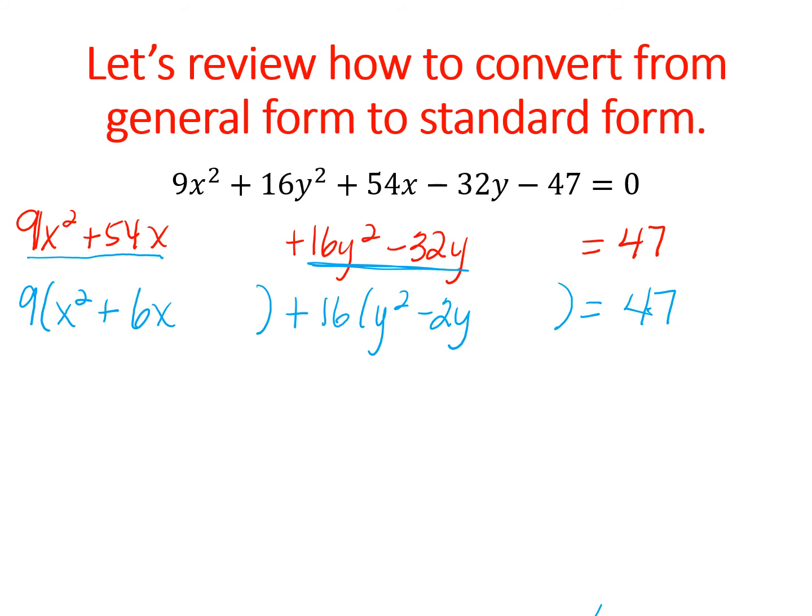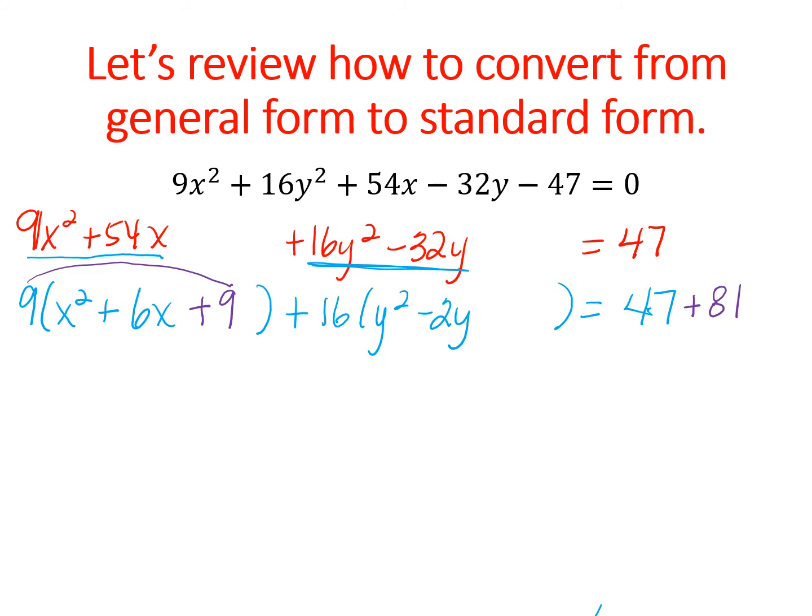And now we're going to complete the square. So we take half of 6, which is 3. We square it, which is 9. And we add it to both sides. But again, we're not really adding 9. We're adding 9 times 9, which is